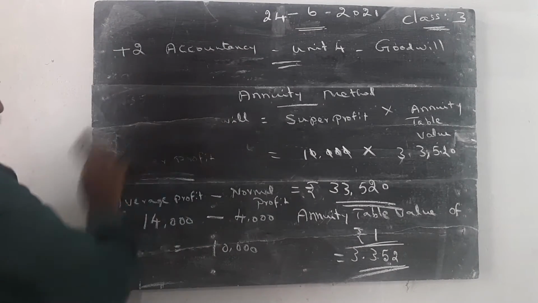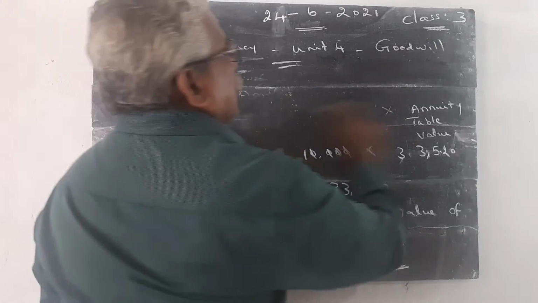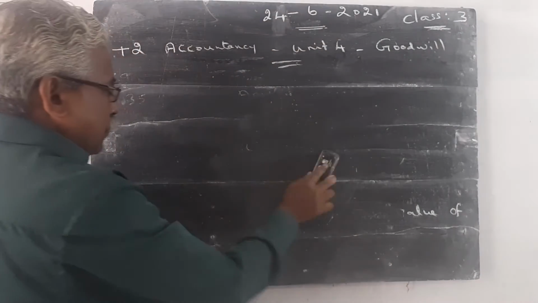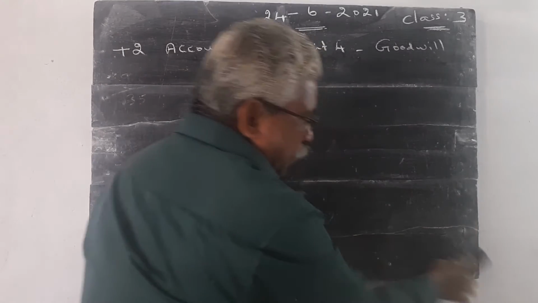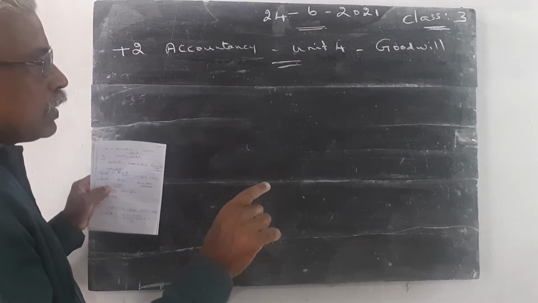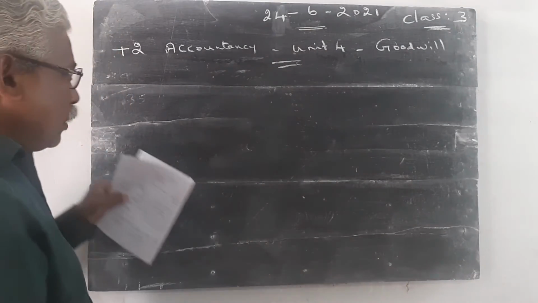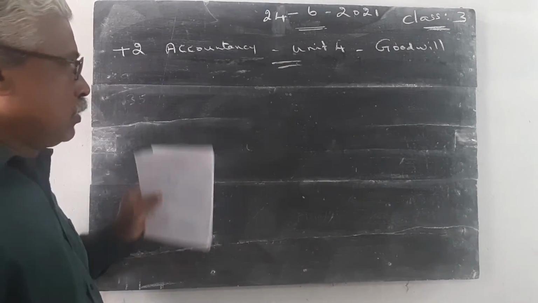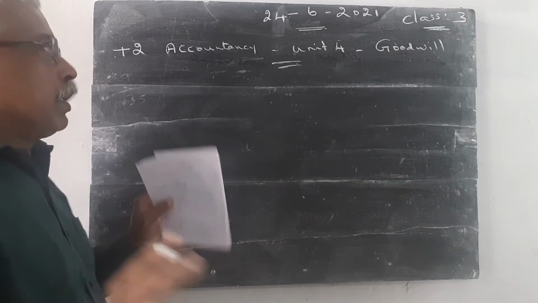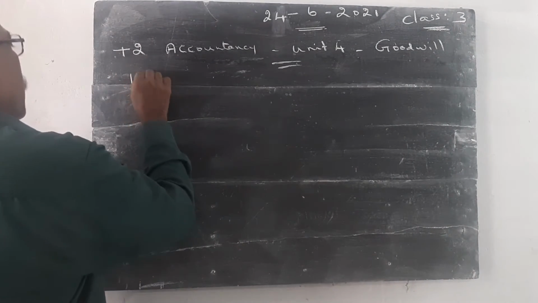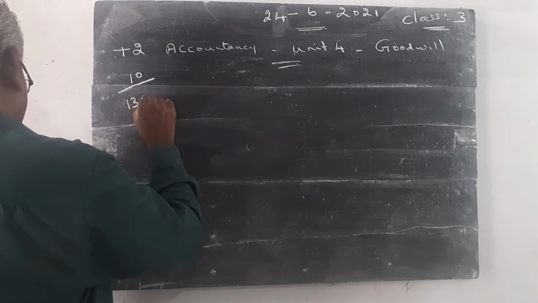Then the next question, question number 10. We have just 11 questions given in our textbook. This chapter is a very easy chapter. Once again I repeat: in previous examinations, 11 marks were asked from this chapter, out of 90 marks, from unit number 4. You have to just study 11 problems and you will get full marks.